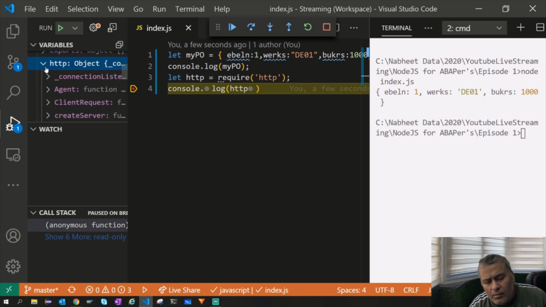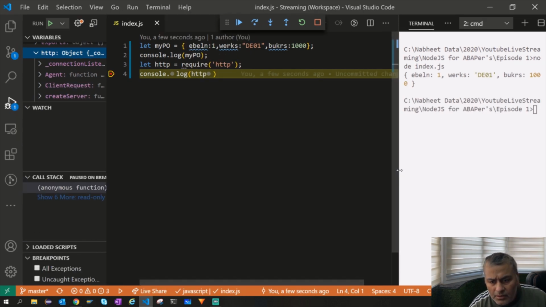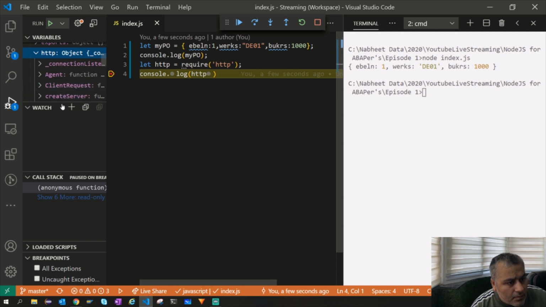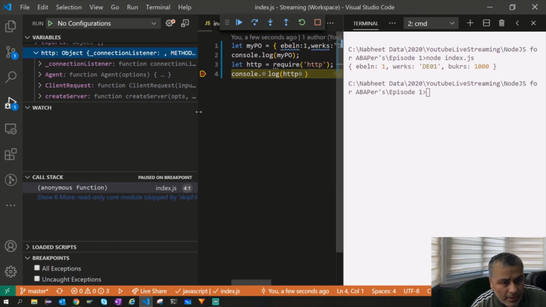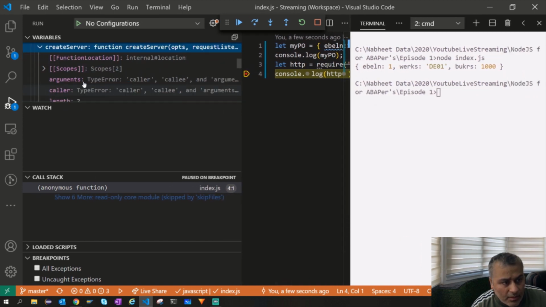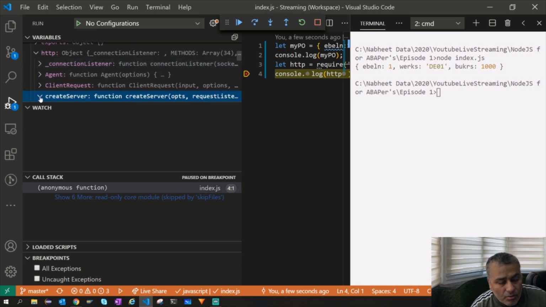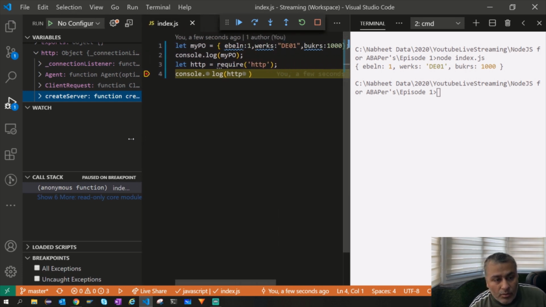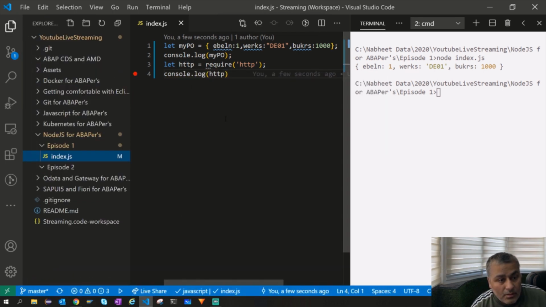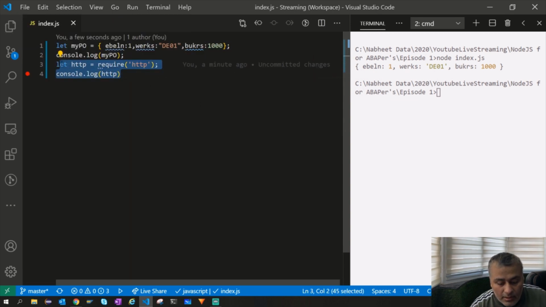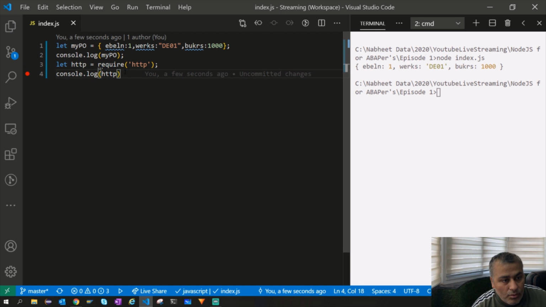Let's look, does it give us something using which we can create some kind of a server? Yes, it has a create server method, where you can pass these arguments, and then you can create it. So HTTP is nothing but an object. It is not different, it is still an object, but it's a reusable one. And we use it using this statement. Now let me just close this and try to use that method.